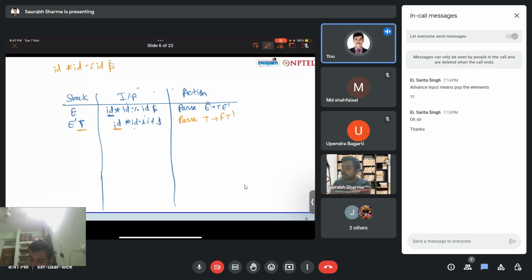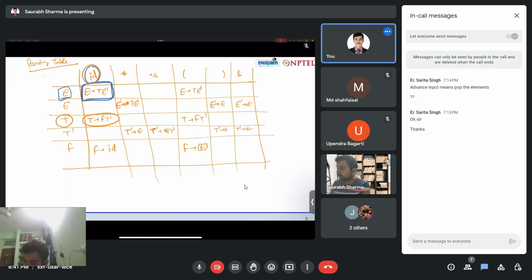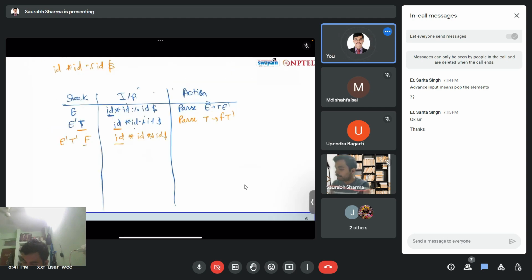So E dash FT dash. Now we have ID ID ID dollar. F and then ID. So what we get? F derives ID. So ID and F, parse F derives ID. Okay. So E dash T dash ID ID ID